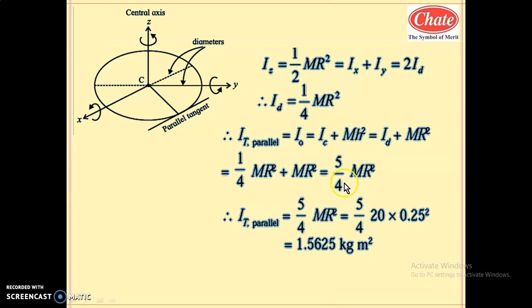If you know this formula directly, we can directly substitute the values in it. So you just have to write this much calculation. This will also give you the full marks, and this is a direct way to get the answer. So for that purpose you must know the direct formula. So 5 by 4 mr square, mass is 20 and radius is 25 centimeter, so in meters it is 0.25, r square means whole square. Solving this, you will get the answer 1.5625. So the answer is 1.5625 kg meter square, because this is the moment of inertia. The SI unit of moment of inertia is kg meter square.